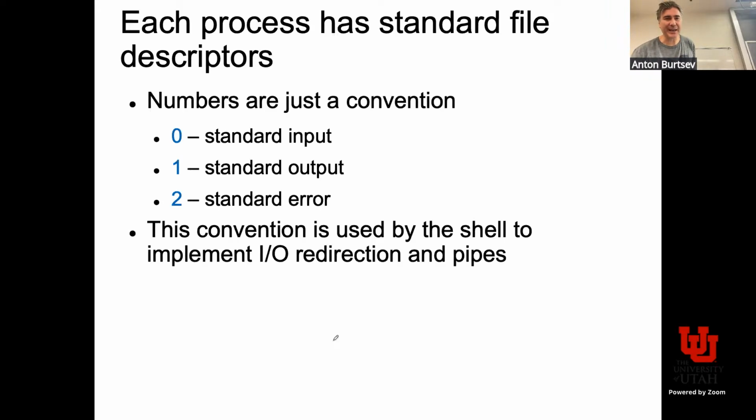And so those guys came up with the following idea. They said, okay, we'll have a convention that the first three file descriptor numbers are magical. They have special meaning. So 0 is the standard input. Typically input comes from a keyboard. So when you say read something from 0, it means that the person will be typing on a keyboard. When you say write something to 1, it's the standard output.